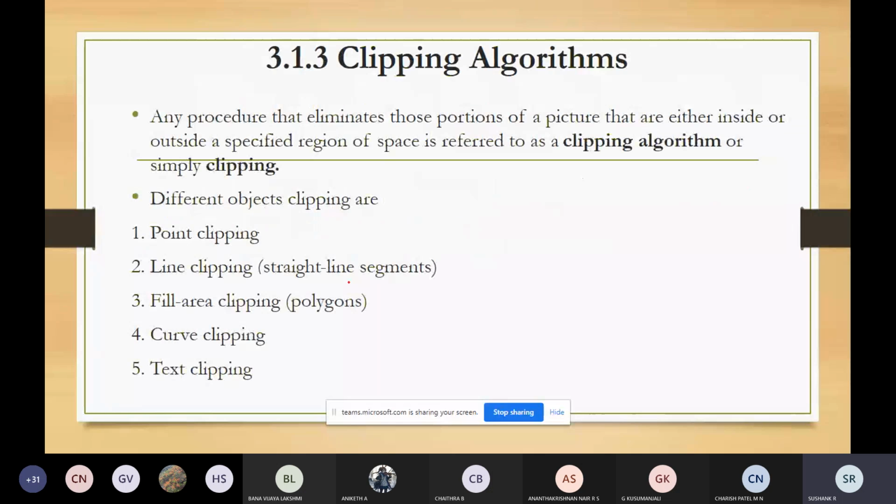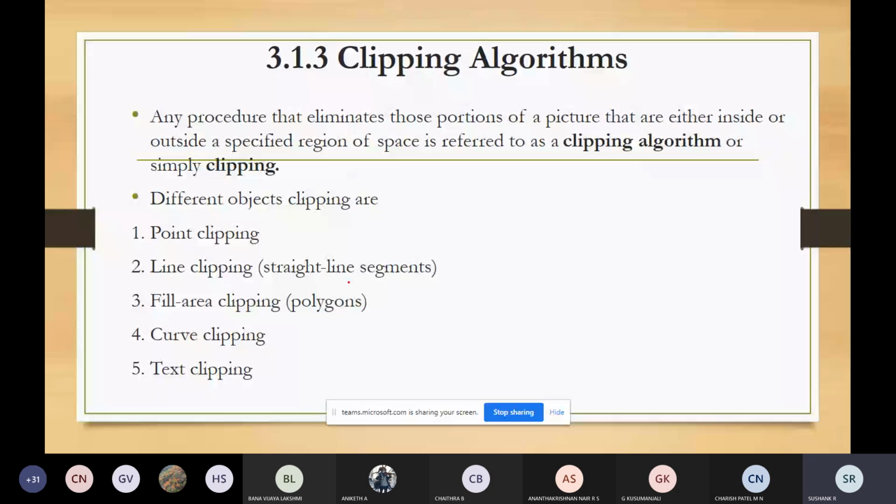So we have clipping algorithms. I'll just give the introduction and stop now. Clipping algorithm means that whatever object is within the display window will be displayed. Anything outside the display window will be removed. For example, the photo you take on a smartphone: whatever is within the frame of that smartphone will be captured when you take a photo or a video, and whatever is outside the frame of that camera will not be displayed.